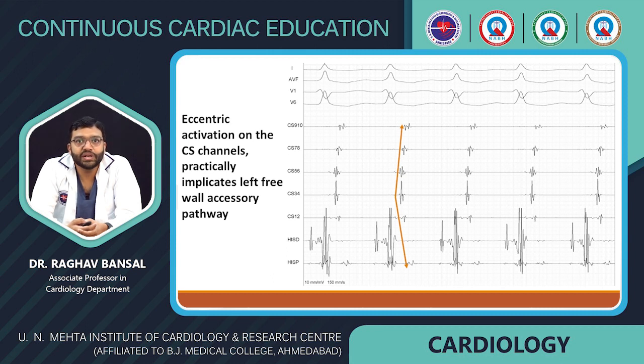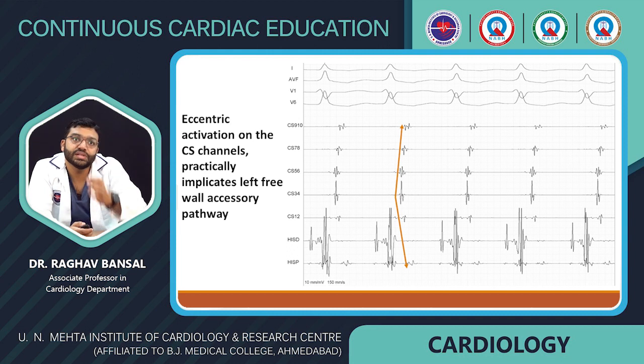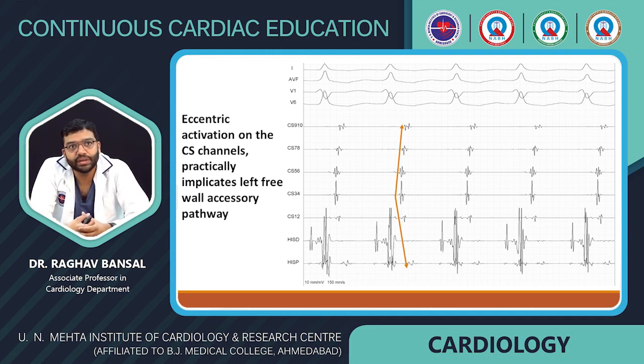When we see a short RP tachycardia where the atrial activation is happening outside the QRS, this can be AVRT, atypical AVNRT, or an atrial tachycardia. This can be anything. When we talk about this tachycardia, if we see eccentric atrial activation, like in this case, it implicates a left free wall accessory pathway most commonly, where the activation is happening earlier at the distal coronary